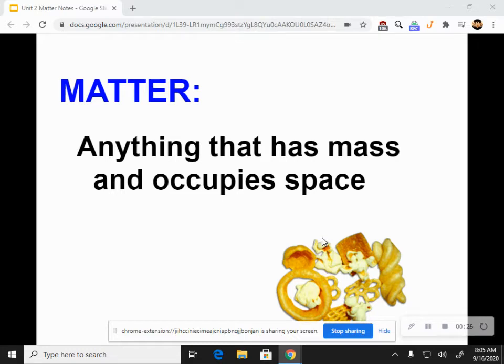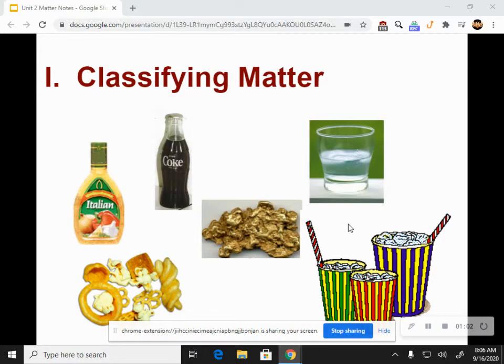So everything from you being in this room, in the room you're in, to the particles that are floating around you. So the oxygen you breathe in is matter because it has a mass and it takes up space. You look at the periodic table, you have several numbers, you have the atomic number, and then you have the atomic mass. So your mass number actually tells you the weight of what a particle or what an atom of that specific element is. So if it has a weight, no matter how small or no matter how large, it is matter